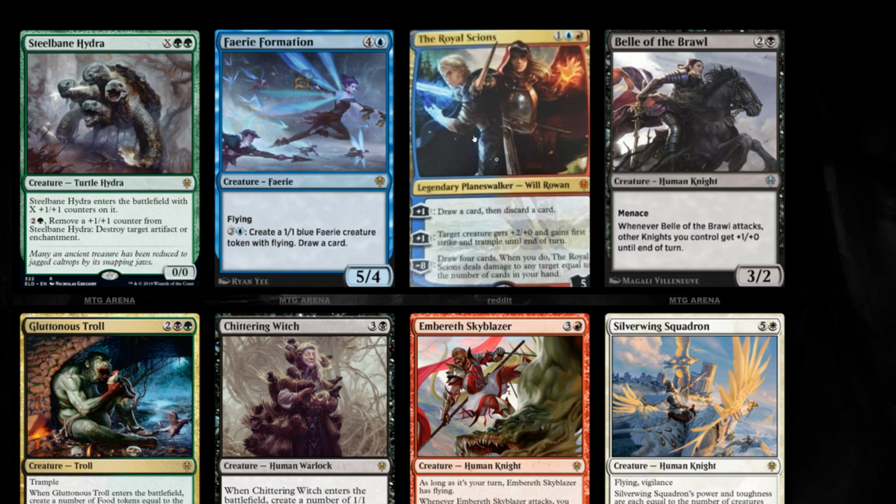It has a +1 of draw a card, discard a card. Then a +1 of target creature gets +2 and gains first strike and trample until end of turn. And then draw 4 cards. When you do, they deal damage equal to the number of cards in your hand. So that would happen 3 turns after. You better have a way to...